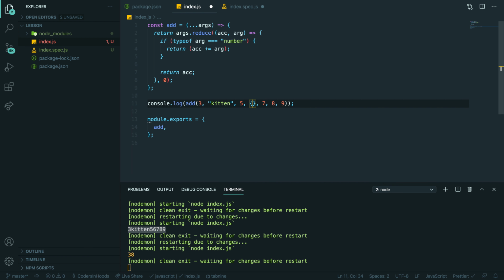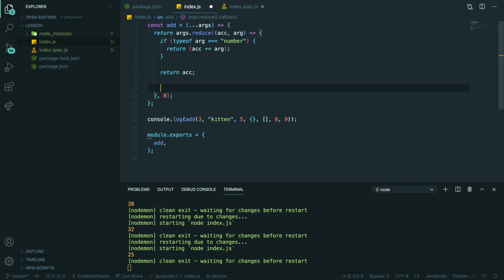Yep, so if you pass an object, it's still working, right? If you pass an array, yeah, still great. Awesome. Again, how can we refactor this to something simpler? Because for me, it's hardly readable. I mean, it's readable, but it's ugly.